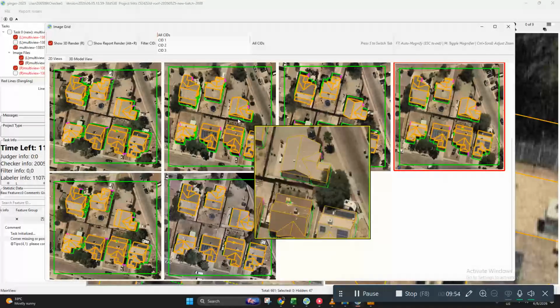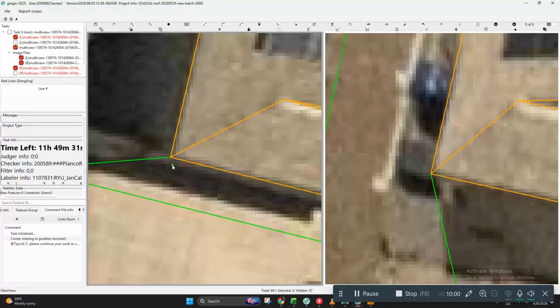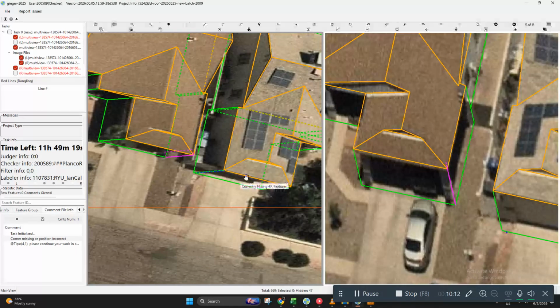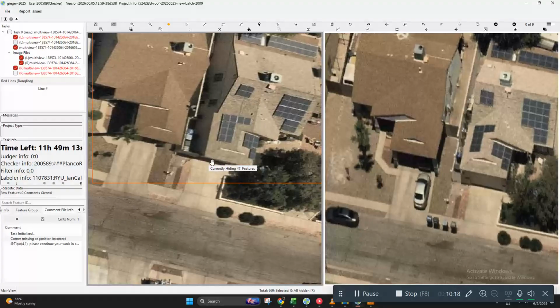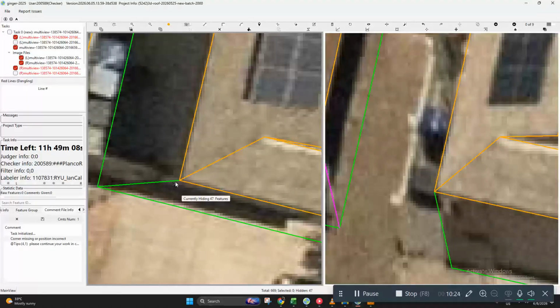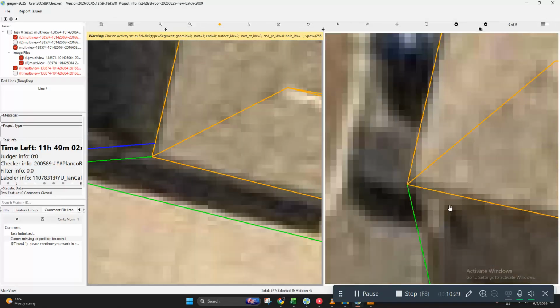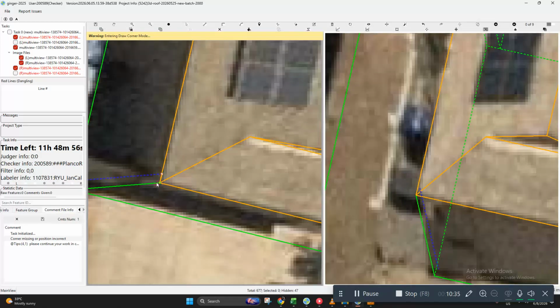Okay, so let's try this one. Insert. Okay, so yeah, draw it like this. And the chimney.